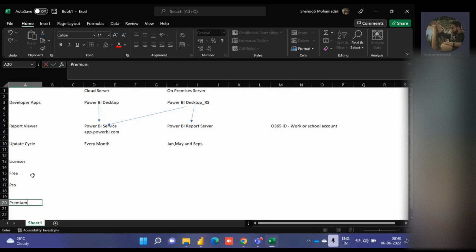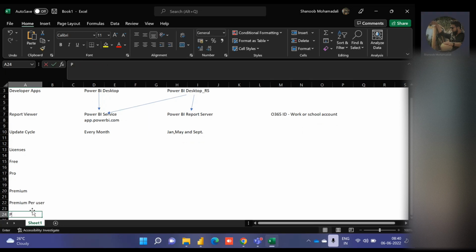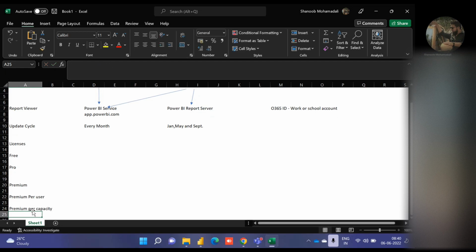And for premium, we have two: premium per user and premium per capacity. Okay, so actually, if you try to purchase, you will get three options: pro, premium per user, and premium per